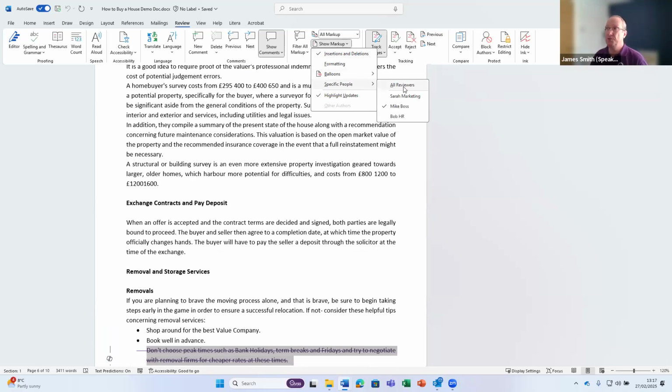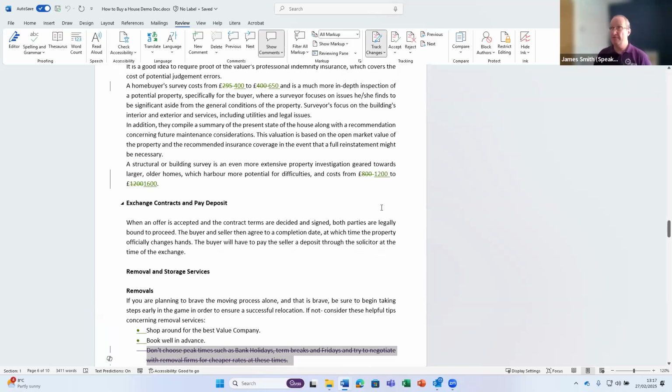And I can swap it back. So it might be I want to see Mike and Bob's from HR. So I can turn these on. And I can set it back to say, actually, I want to see everybody's changes. Other options within markup,